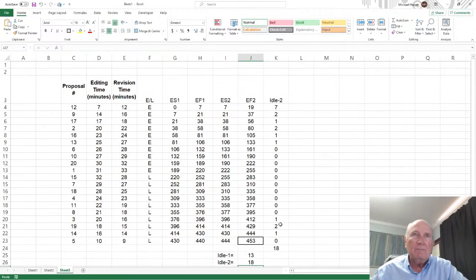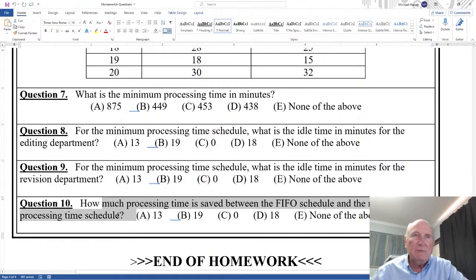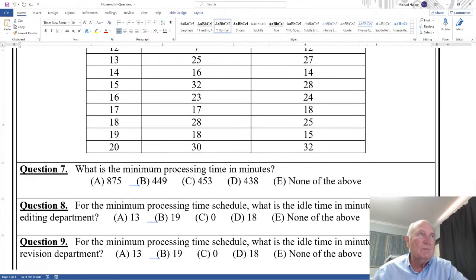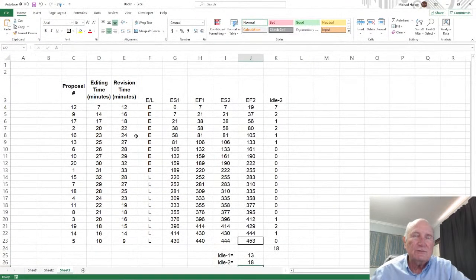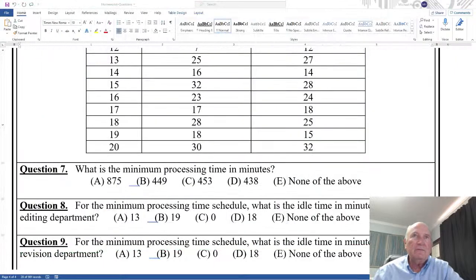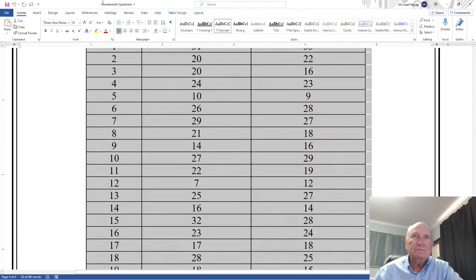Okay. But then the last question is how much processing time is saved between the FIFO schedule and the minimum processing time schedule. Well, probably the best way to do that, this is the Johnson's rule schedule, minimum processing time. Tell you what, let's hold down the control, copy this over, and then let's come back up here and take, here's the FIFO schedule. Let's take all of this,